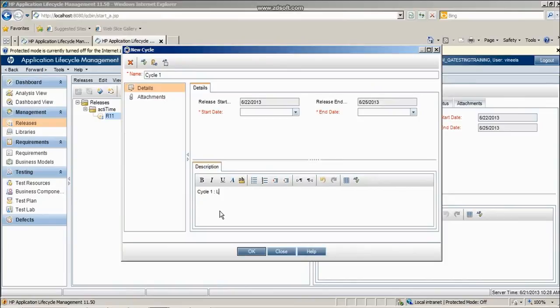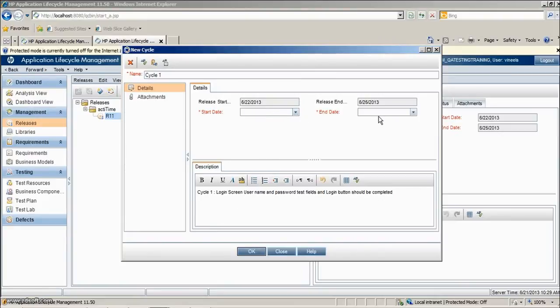I will say cycle 1, login screen: login screen, username and password text fields, and login button should be completed. And we'll select the start date and end date.